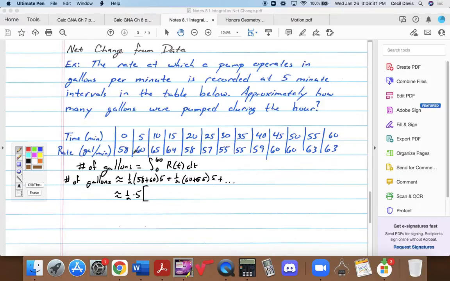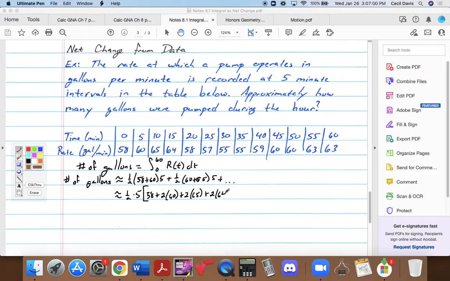Notice I'm only going to use the 58 once, but then I'm going to use the 60 twice, and the 65 twice, and the 64 twice, et cetera. Until I get to the very end, I'm only going to use this 63 once for the last interval. So that would be 58 plus 2 times 60 plus 2 times 65